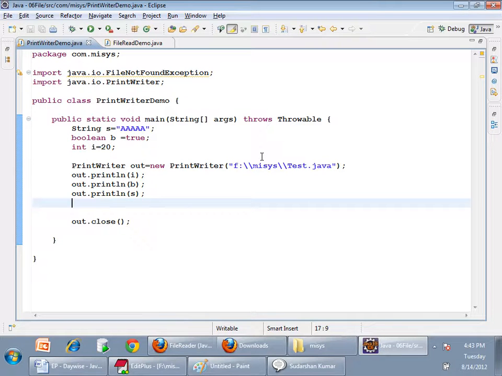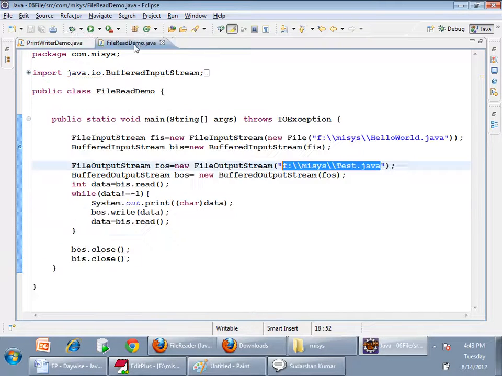In my earlier program, I read a .java file and wrote a .java file. Can't I make it .jpg and write it to a .jpg file? Same program, will it work? Yes, it will work. But it is not an efficient way because readers and writers are designed